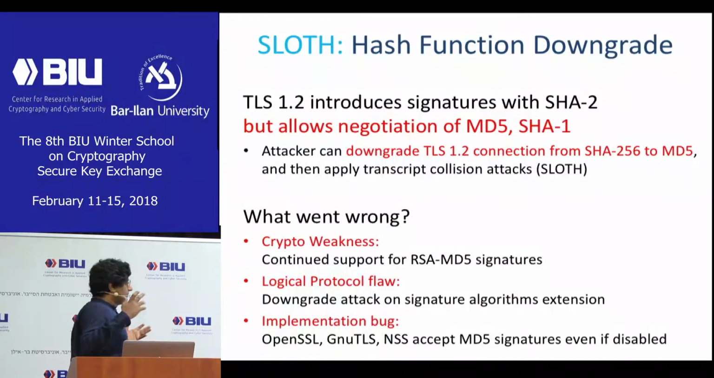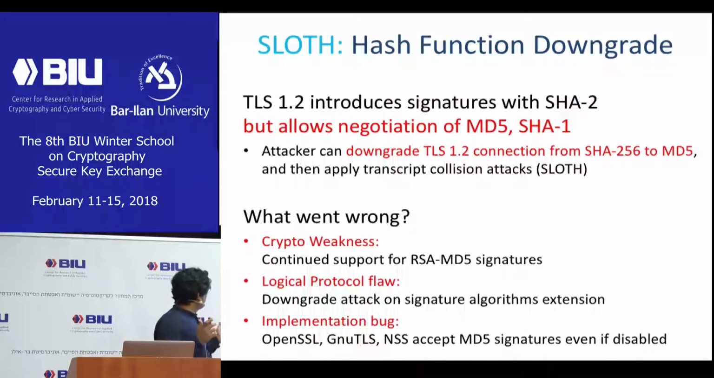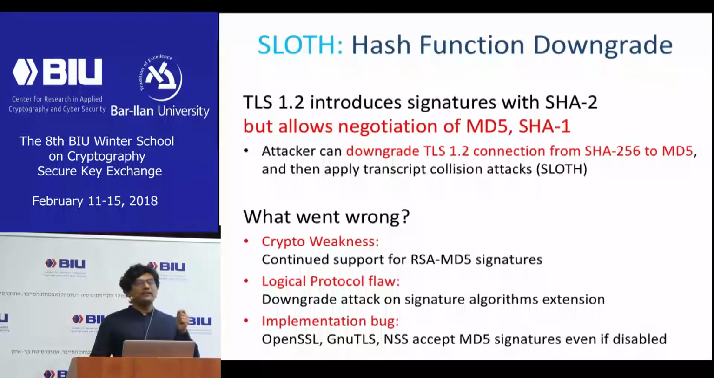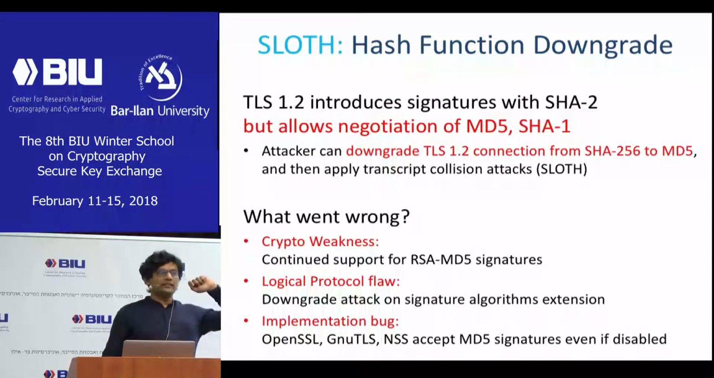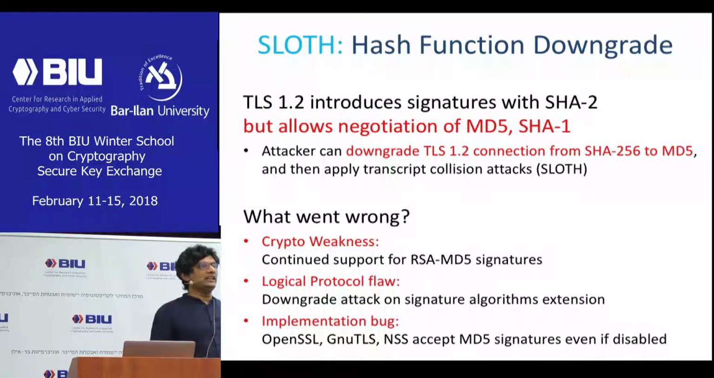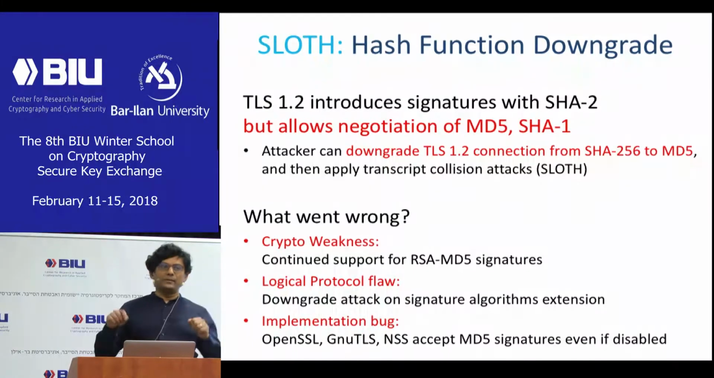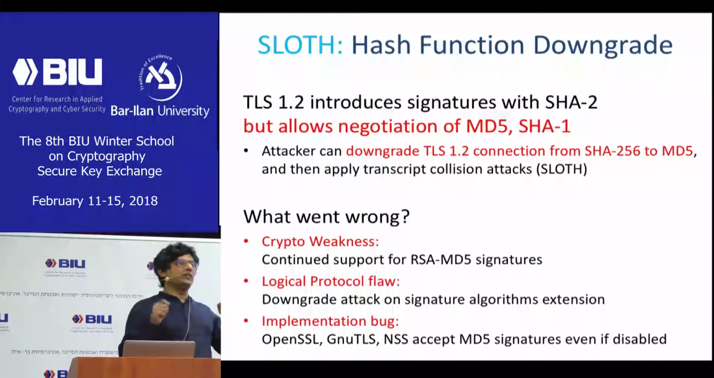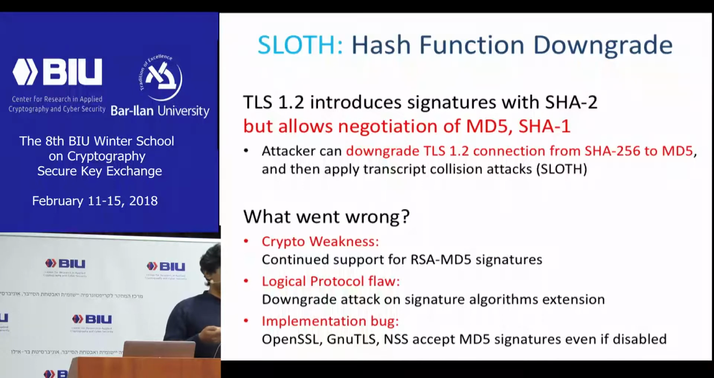Okay, so again, lessons learned, what went wrong here? There was a crypto weakness we understood very well, which is SLOTH. There's a logical protocol flaw, which is a downgrade attack. And then even if you say that this logical protocol flaw only appears for clients and servers that enable MD5, so an easy way to fix this might be to just say, please delete MD5 from your configurations everywhere. In fact, there are implementation bugs that we found that actually cause this also to be subverted, because there are